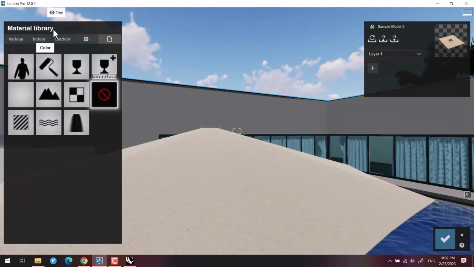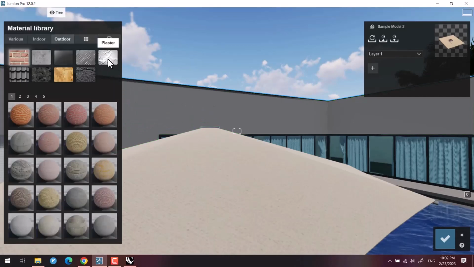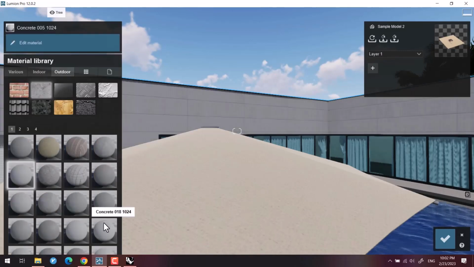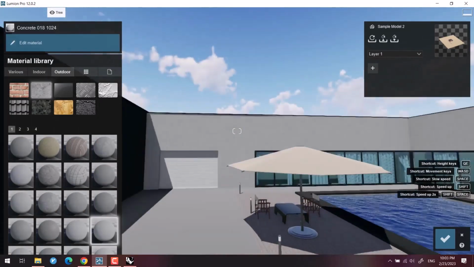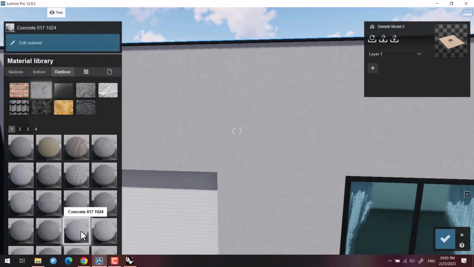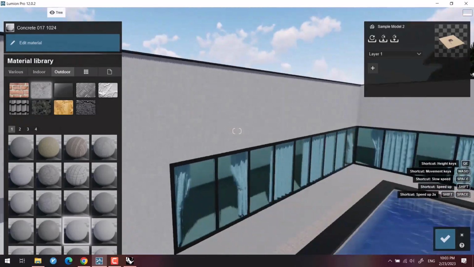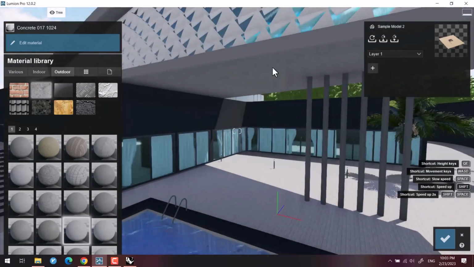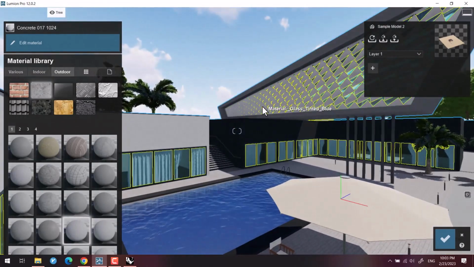Okay, we double click on it and we go to outdoor section, and for example we go to concrete section, and for example we may want to choose this type of concrete with no specific design on it. For example, this simple concrete. And for this piece of metal up right here,